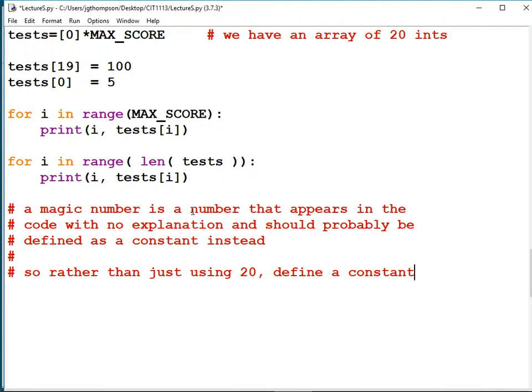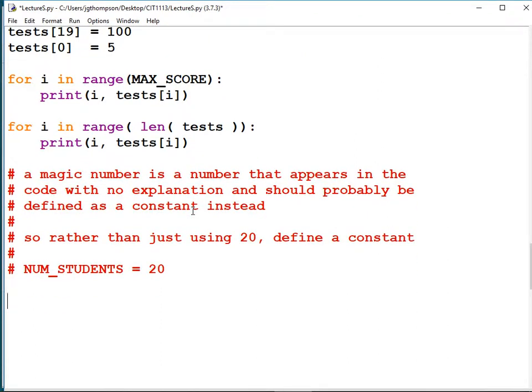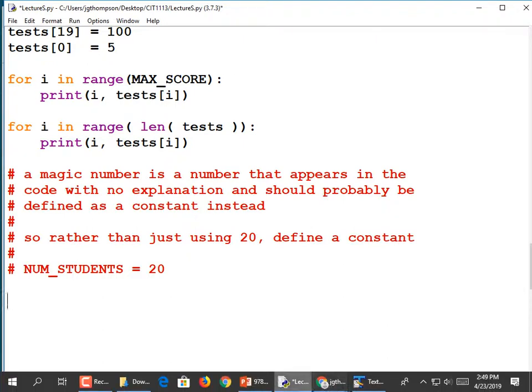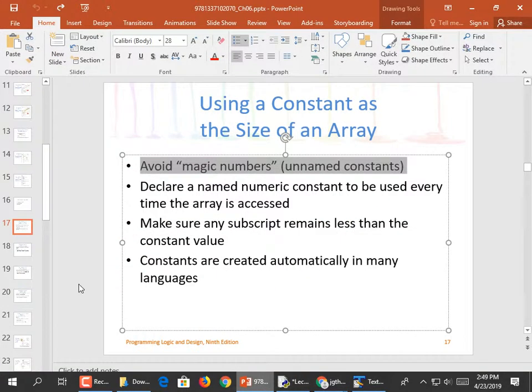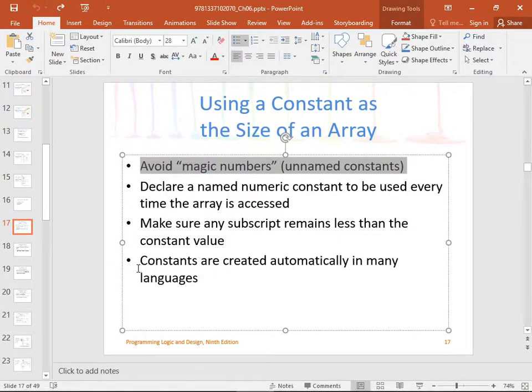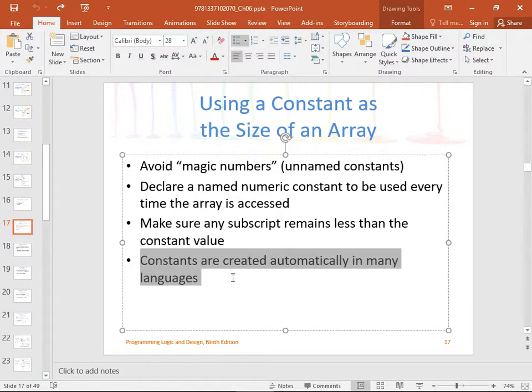Define a constant, you know, NUM_STUDENTS equals 20, something like that. Constants are created automatically in many languages.